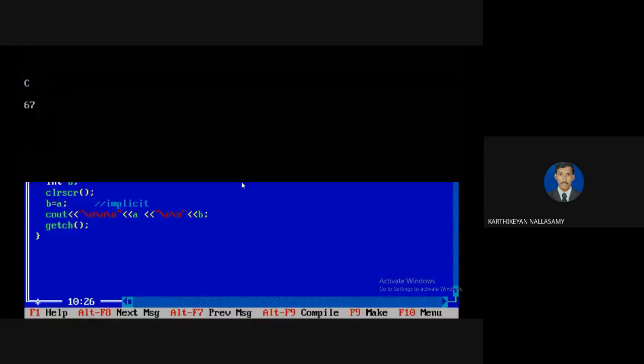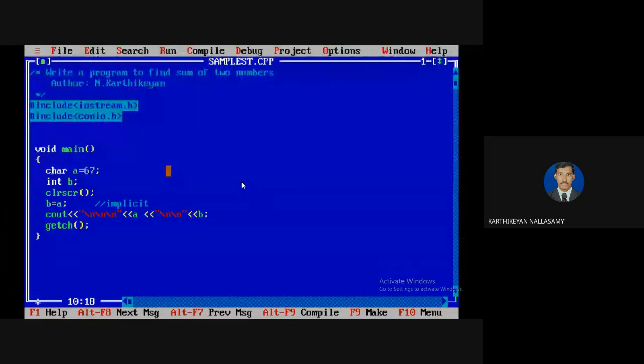Clear? Okay. So 67, sorry, the equivalent ASCII value, a small mistake I made. Actually the ASCII value for capital A is 65, so 67 represents capital C, so it displays a capital C. If you want to display an integer, I can show how to do that with the help of explicit conversion. If you are doing an implicit conversion, there is no loss of information. Okay, the next one I'm going to perform like this.